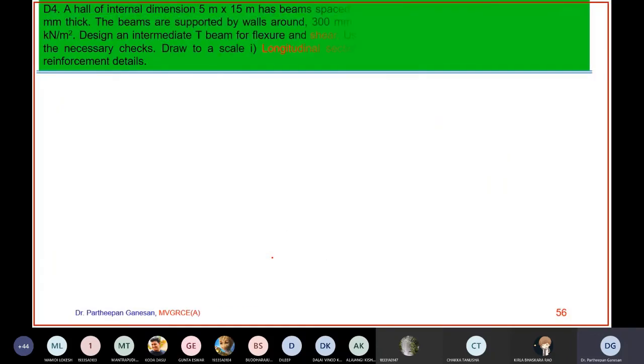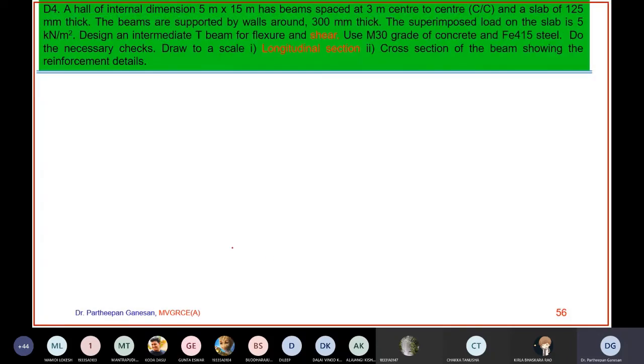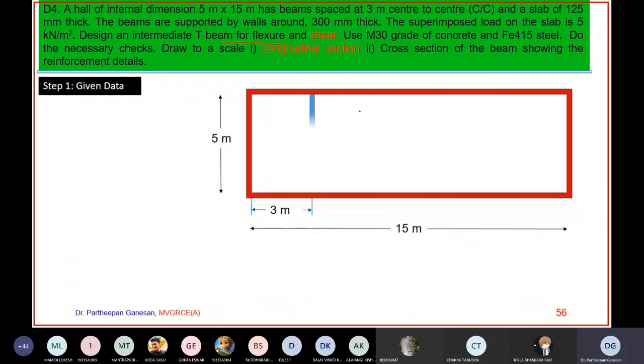Okay. Now, remember in the last T-beam design, we designed this beam. We have designed only for the bending moment, not for the shear. I told you the shear we will design when we come to the shear section. I am not going to do everything here because it is there in the PPT. So I already explained how to design for the bending moment. Now shear we will see. So these are the things that we already discussed.